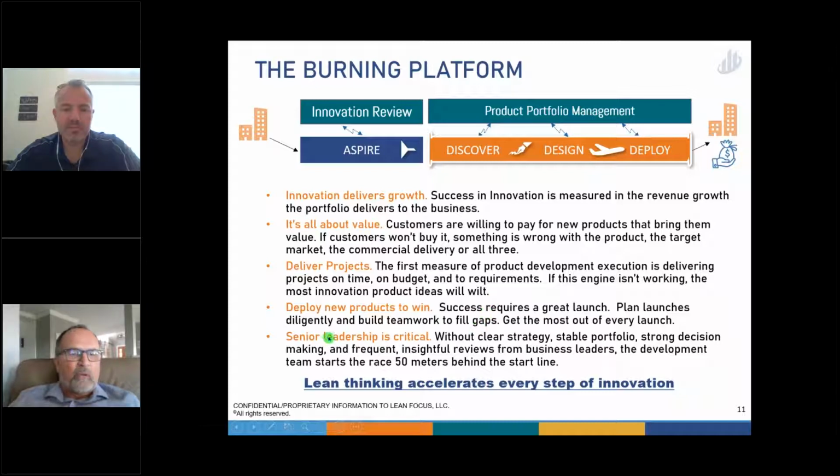And then I want to mention here, this is a part that as an R&D person, I really had to learn over the years. Success takes a great launch. Just having a product and putting it out there is not enough. And so how do you get that product launched? One of the experiences I've had several times in this area is a product will go out, it won't do well, and the team is like, well, we know what's wrong, it's a bad product, we're going to go do another one. Let's start again. But in fact, when we go work on the launch and problem solve the launch, we find out there were things we could do to take that product and make it successful just as it was.